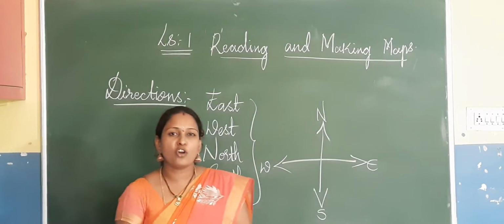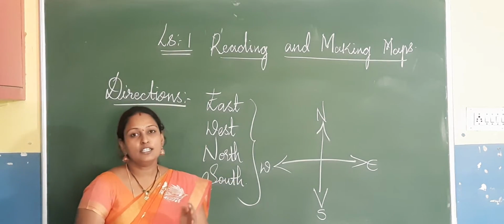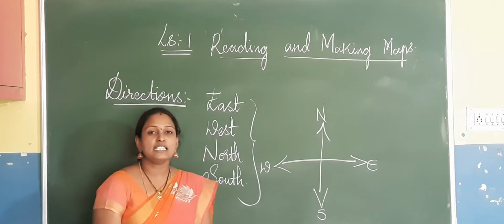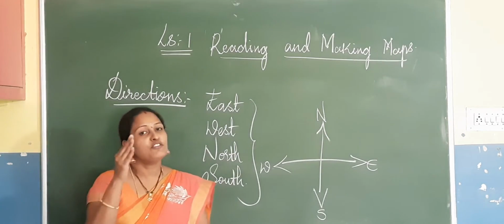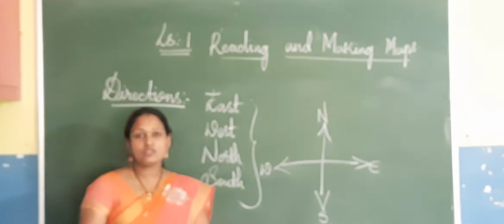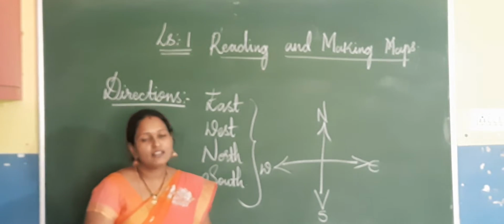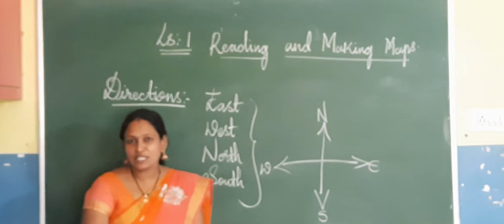Now you have a small work in your class. Take a paper or take a book, 2 separate papers. In the first paper, draw a sketch map from your home to school, starting from your house, moving left or right. But don't mention the directions on that. Right? And take the next paper.